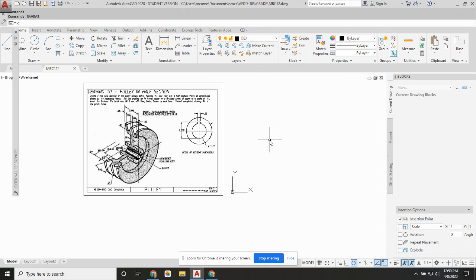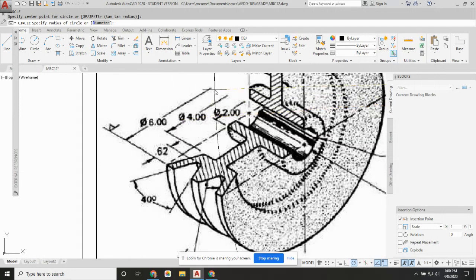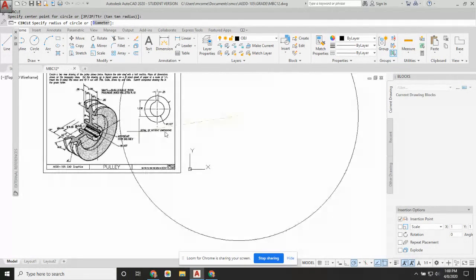So the first thing I'd want to do is start the circle command to generate the concentric circles that we'd see by looking at the pulley from the front view in this direction. So the first size circle that we have here, all the dimensions can be seen here. The biggest circle, or the circle that's defining the diameter of the entire pulley, is 6 inches. The dimension to the inside edge here is 4, and then the width of the hub, we'd call it, is